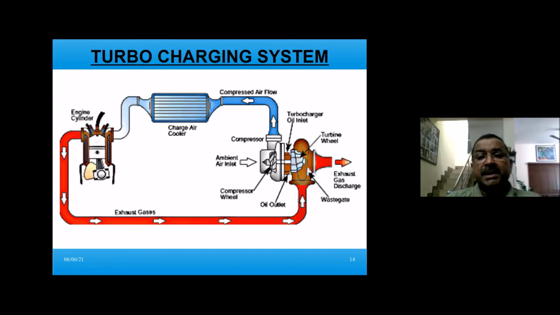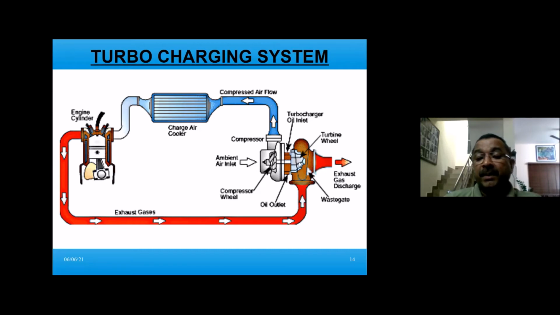So this is what we call a turbocharging system. A turbocharging system is what is meant by a turbocharger. Let us look at what a turbocharger system is. So we have the engine cylinder here, and the piston is here. It will be making strokes here. So at one stroke, exhaust gas will be pushed to the exhaust gas line, and it will be going,